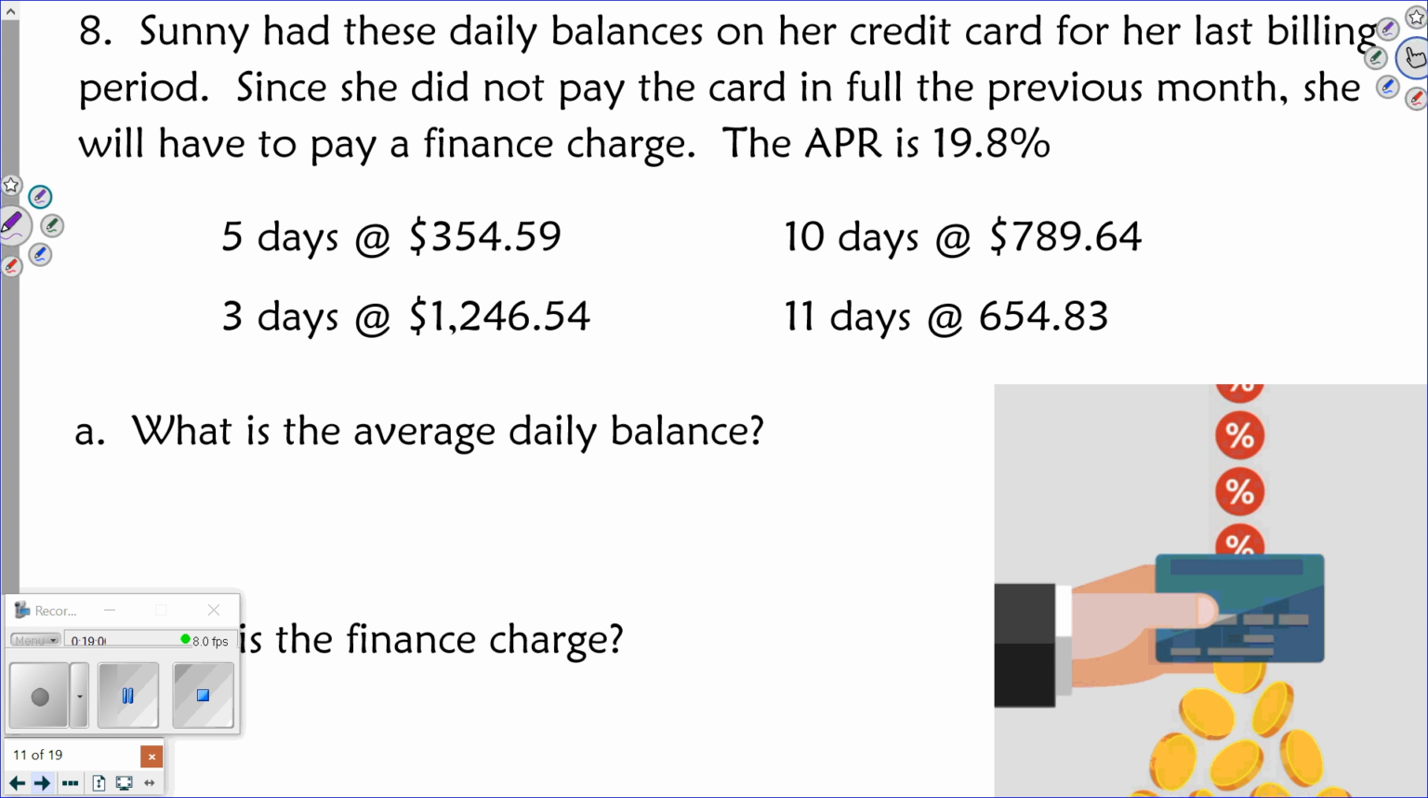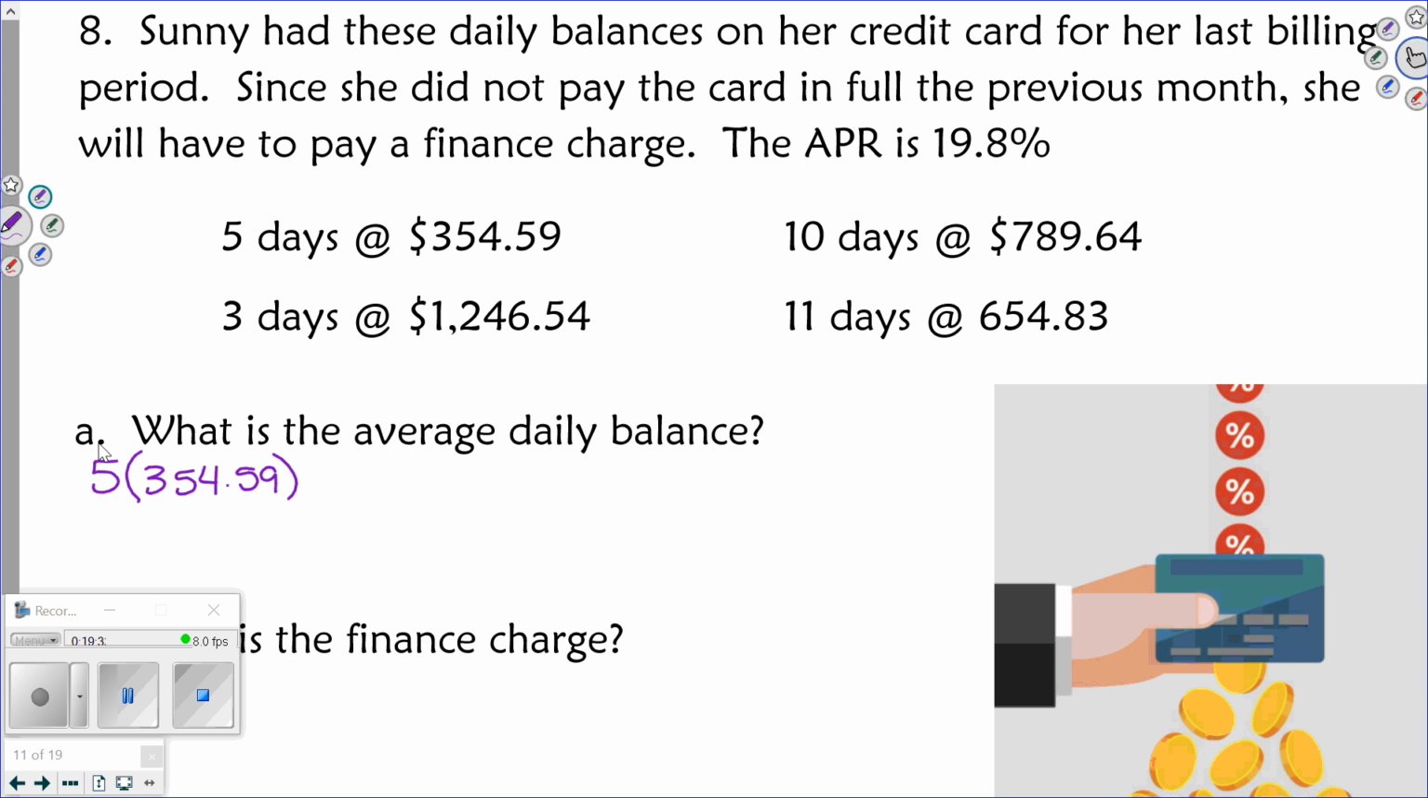All right, so Sunny had these daily balances on her credit card for her last billing period. Since she did not pay the card in full the previous month, she will have to pay a finance charge. The APR is 19.8%. So they gave us kind of her breakdown of what her balance was for so many days. So first thing is, what is the average daily balance? So just like we did on the previous problem, we need to calculate that. So we're going to have to do 5 days. Her balance was